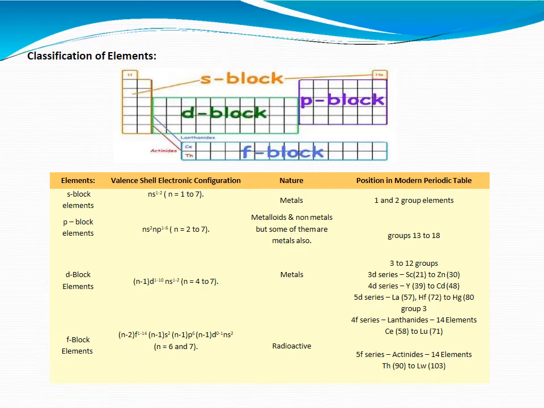These mostly are radioactive elements and normally are not found in nature. They are radioactive, so they decay to lower elements. These are the 4f series, which is called lanthanides, and the 5f series, which is called